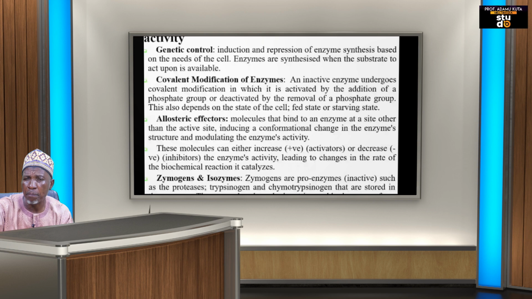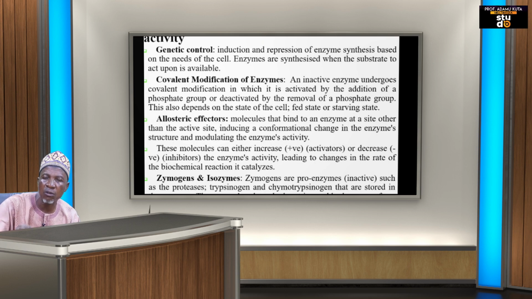Covalent modification depends on whether one is fed up, that is, you have taken enough food. Enzymes that are related to activity on that food will be active. If you go into a starving state, when you are now hungry, they are deactivated. So other enzymes that will act to provide you with the fuel you need in your system will come up. This is what is referred to as covalent modification. Examples of this: